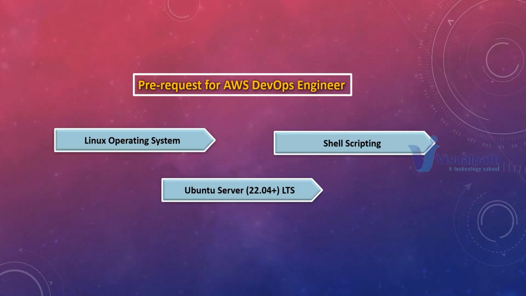Now you might have a question: do I need to learn all the operating systems? No. If you learn one Linux operating system, almost all the Linux operating systems are familiar. They are like cloned copies. So first you have to be familiar with any one Linux operating system, and one that is widely used. The most widely used operating systems nowadays are Red Hat and Ubuntu.